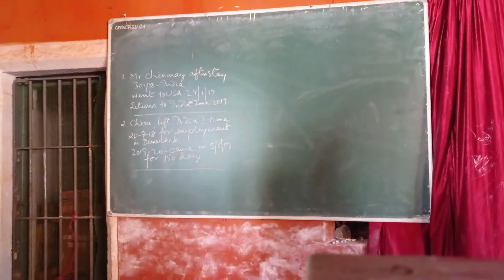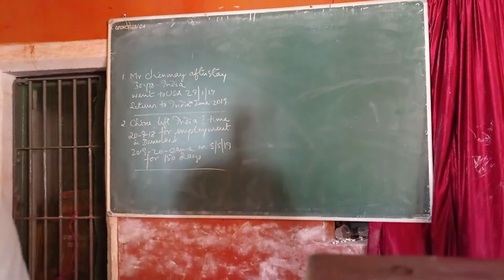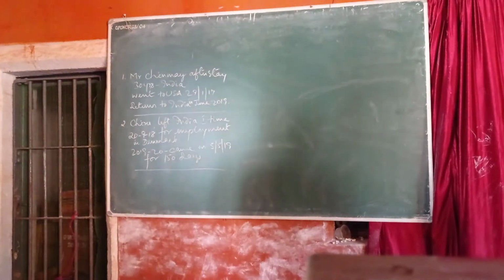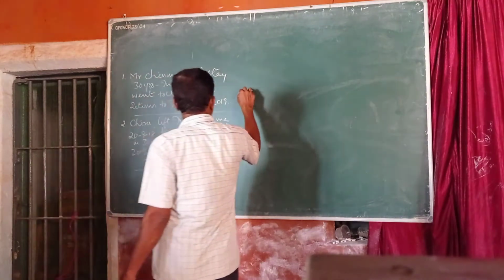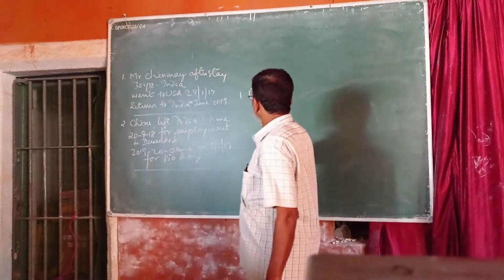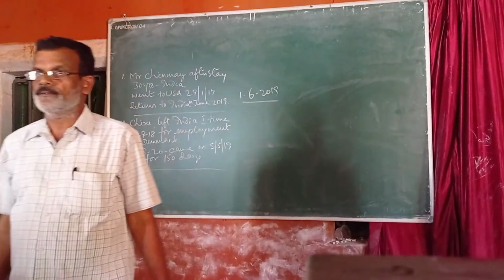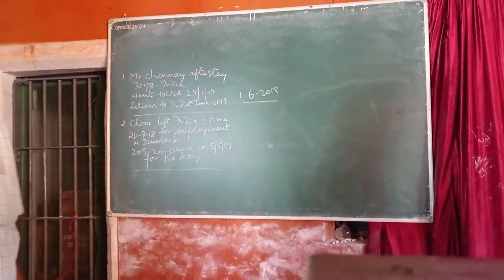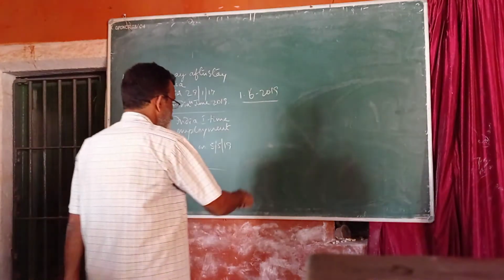That means in the previous year 2016-17 he left India, and thereafter he returns to India in June 2019. You are asked to determine the resident status of Mr. Chinmay for the previous year